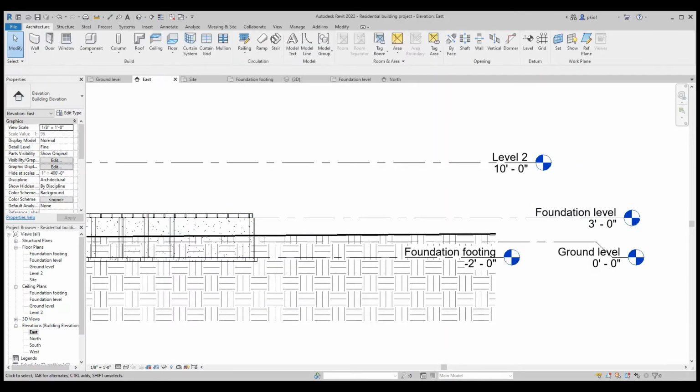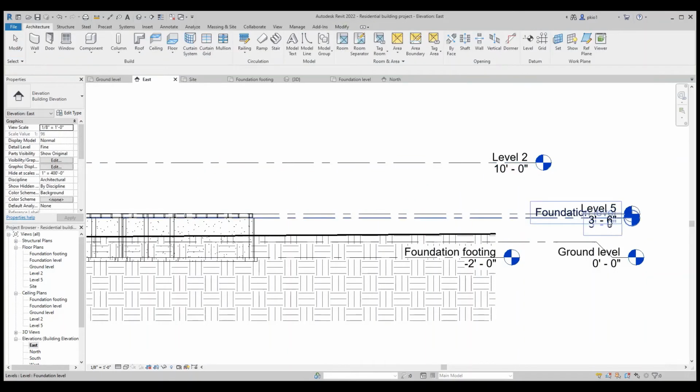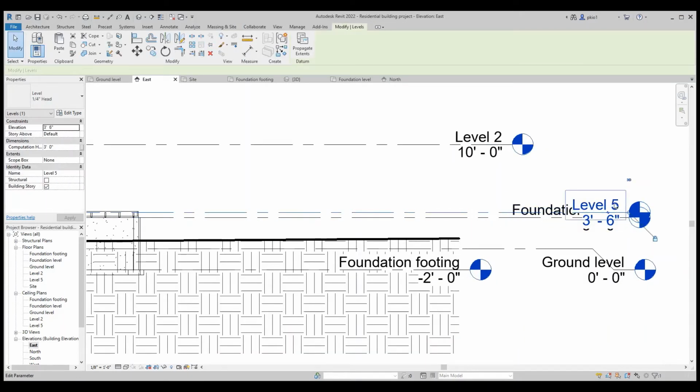I'll come to architecture, level, and create a floor at 6 inches. So I'll come over here and select it and escape, and then we'll say we rename this to floor level. We'd like to name, yes, we name the corresponding views. To unlock it, to move it